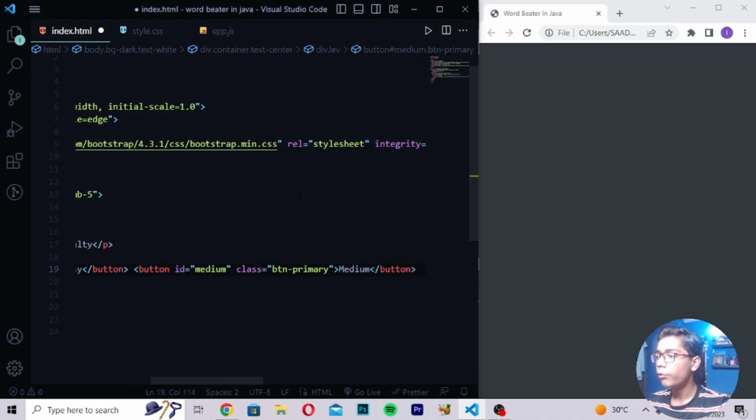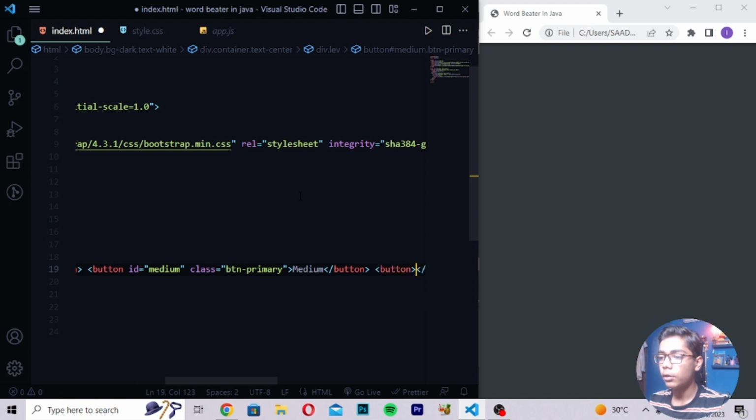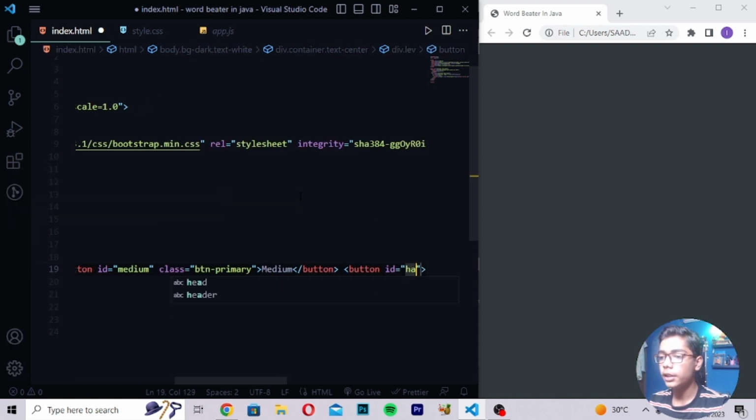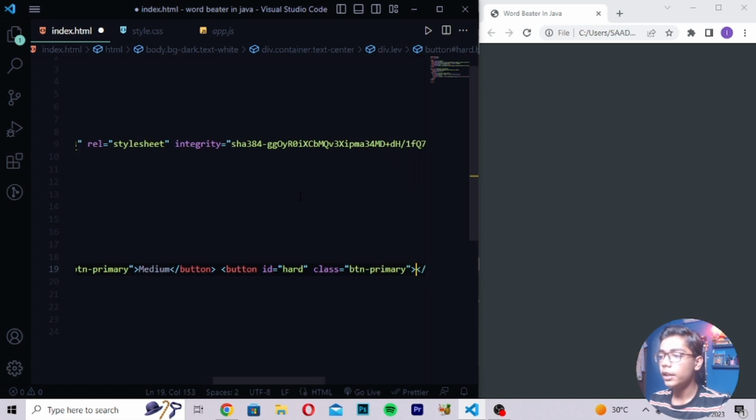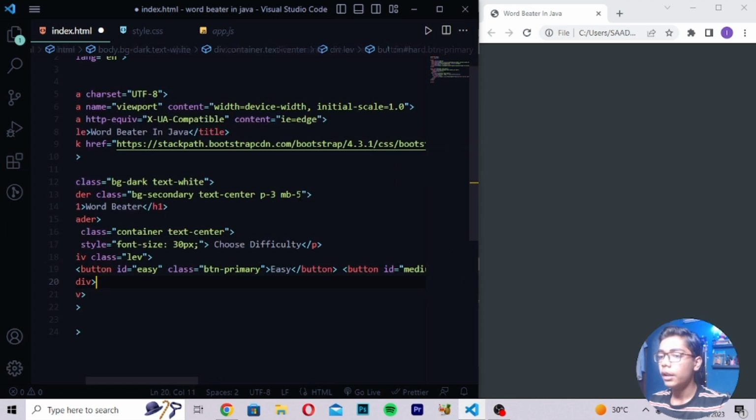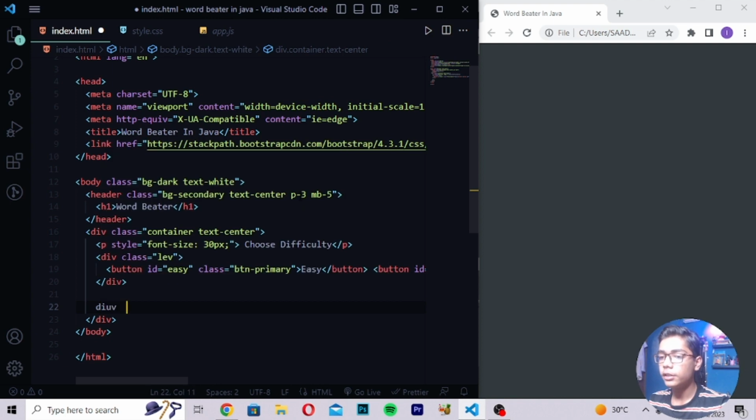Then you have to move forward and write here button. So here I will be writing id hard this time, and then you have to write class btn primary. Then in the center you have to write hard. After writing, you have to move under this div here, and then I will be creating a div class again,